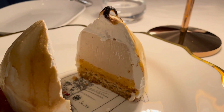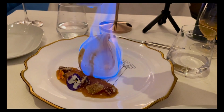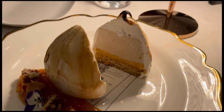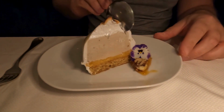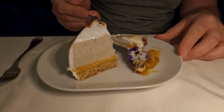It looks nice, and I really enjoy the effect of when you're pouring the alcohol table side and it gives that burning flambéed action that is so useful in a restaurant setting that is a little bit more dark as this one was. Moving into the actual flavors here in the dessert,